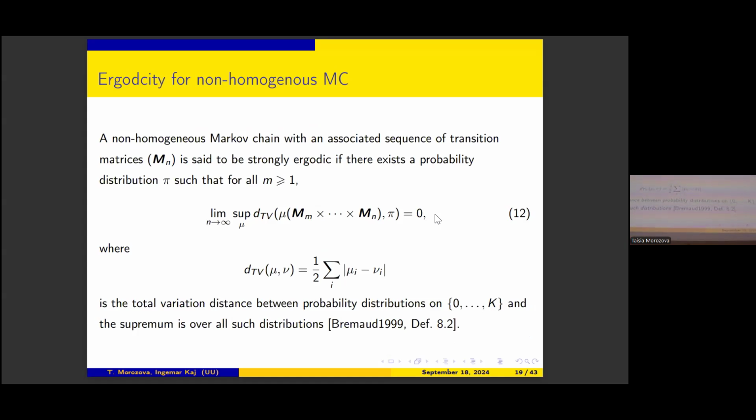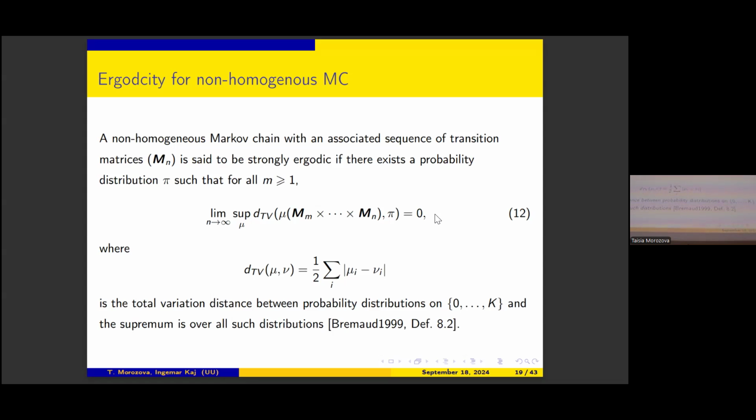So then we have defined the things for the buffer. Now we need to see if this buffer is ergodic, if it has a steady-state distribution. For this, I don't think there exists a lot of literature about non-homogeneous Markov chains, so we had to search a bit. One of the books we found was the book of Brimo from 1999. In this book, they give, I think without proof, the ergodicity condition for non-homogeneous chains. And apparently this condition looks like this.